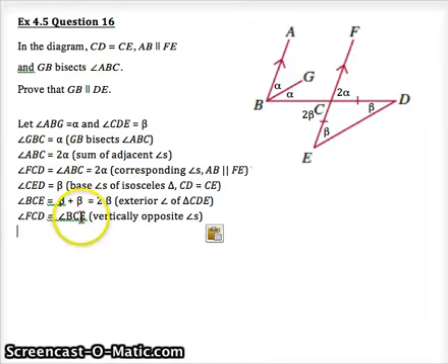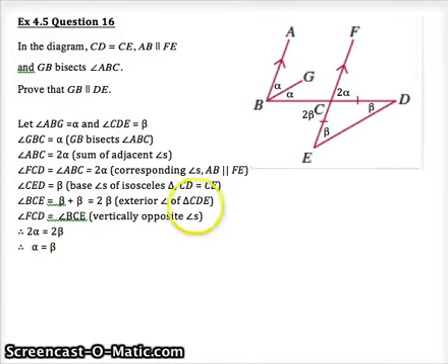So angle FCD equals angle BCE, vertically opposite angles. Now just putting in what their values are, therefore we can say that 2 alpha equals 2 beta, and then just dividing both sides by 2, we can say that alpha equals beta. Now, because alpha equals beta, then this alpha here, angle GBC, is equal to this beta down here,